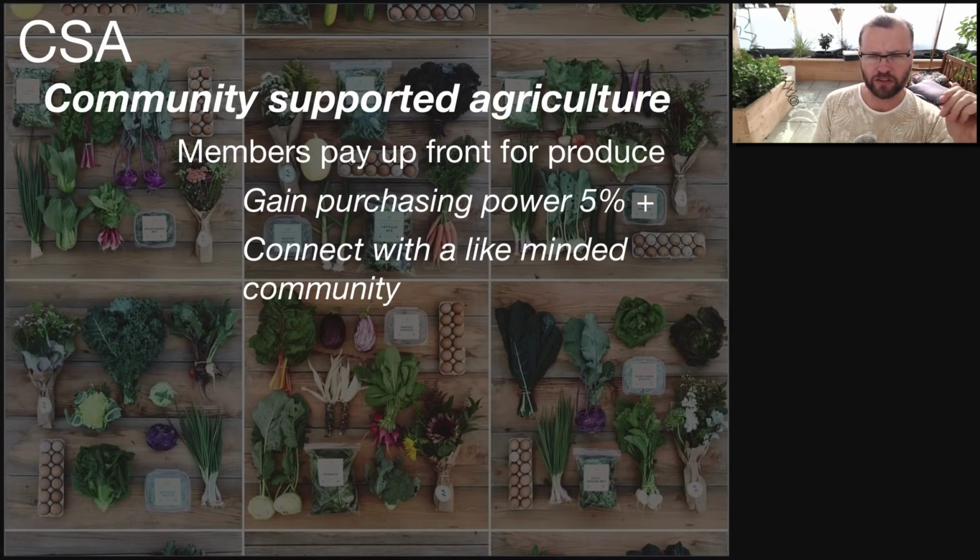These are just some of the benefits for the members. People get to connect with like-minded people. Sometimes your CSA is picked up at the farm, and people show up on Fridays and pick up their box. That's how we used to do it with our CSA. People get to know one another. We would also do events sometimes, like one farm event every year for the CSA members. It would be a kind of dinner, bringing people together with a real sense of community,